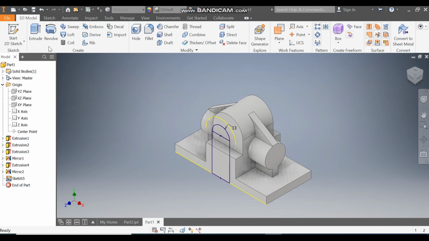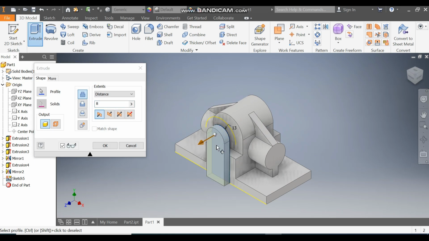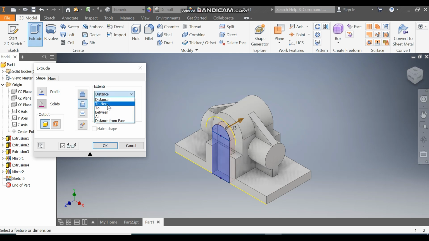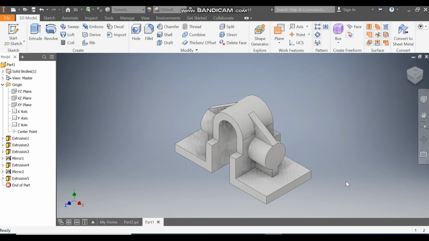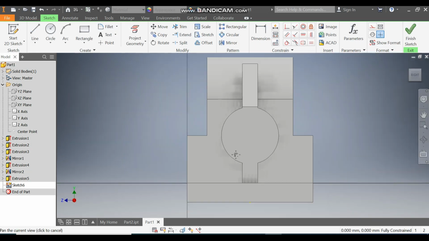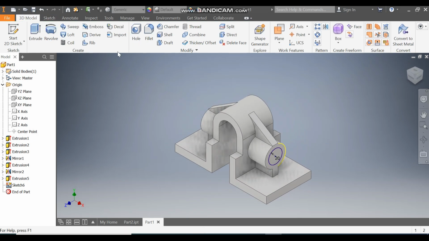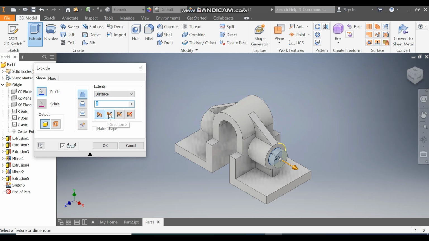Finish sketch, take extrude, select both the profiles, flip the direction, take here cut, and here I'll take all, so this will be a through cut, and press OK. Select this face, go to create sketch, take here circle command and make a circle on the center point of diameter 20 and finish sketch. Take extrude, flip the direction to direction 2, so it will change to cut, and here I'll change all and